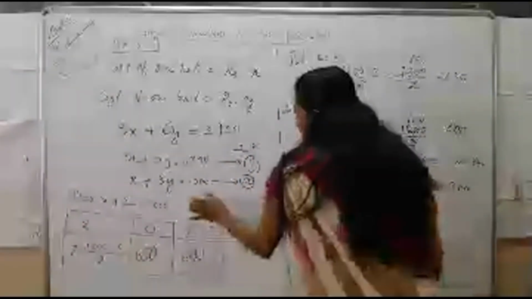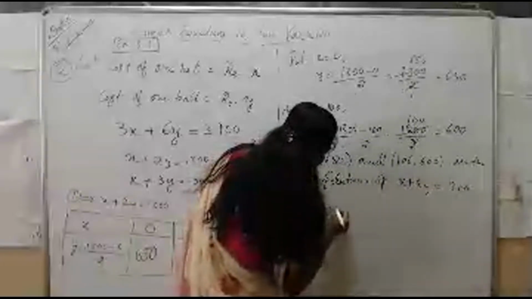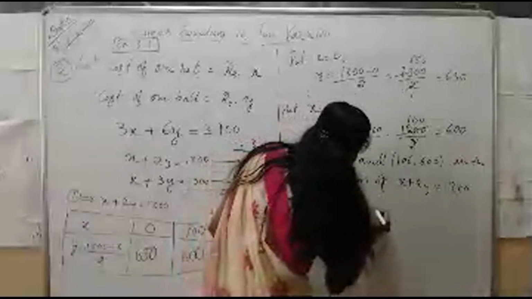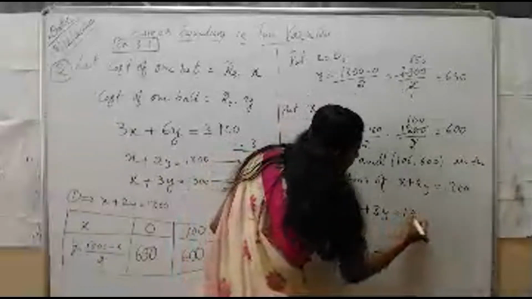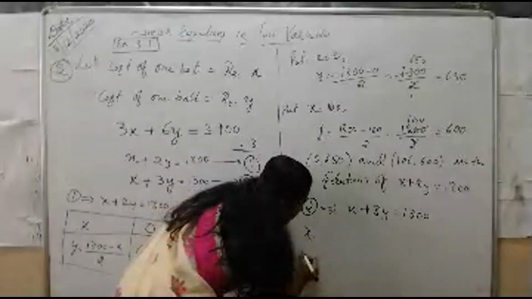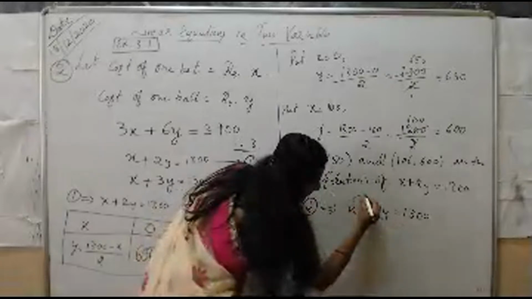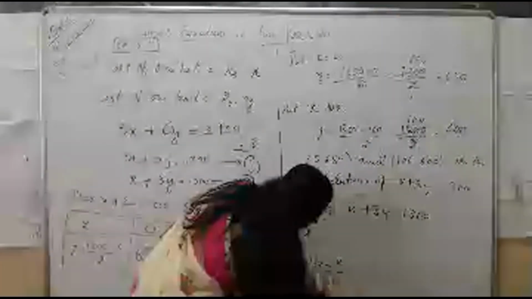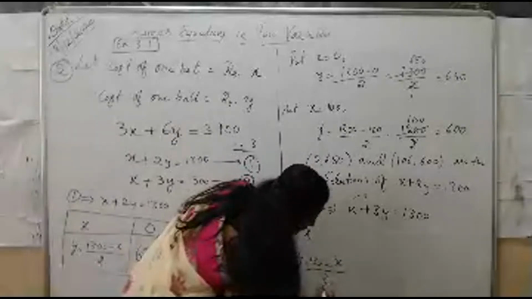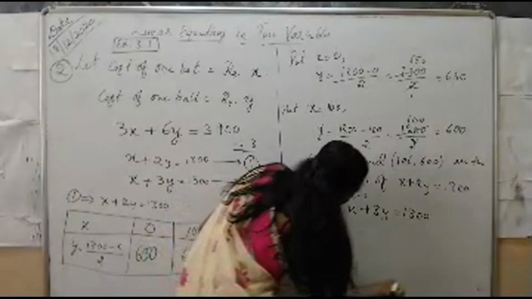Again, we have to solve the second equation. So equation 2 implies, what is equation 2? x plus 3y is equal to 1300. Again, y is equal to what? 1300 minus x divided by 3. Minus x to 1300 minus x divided by